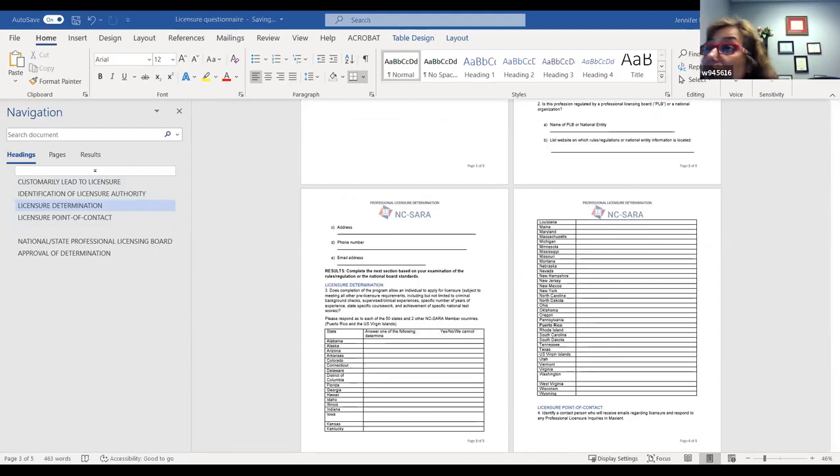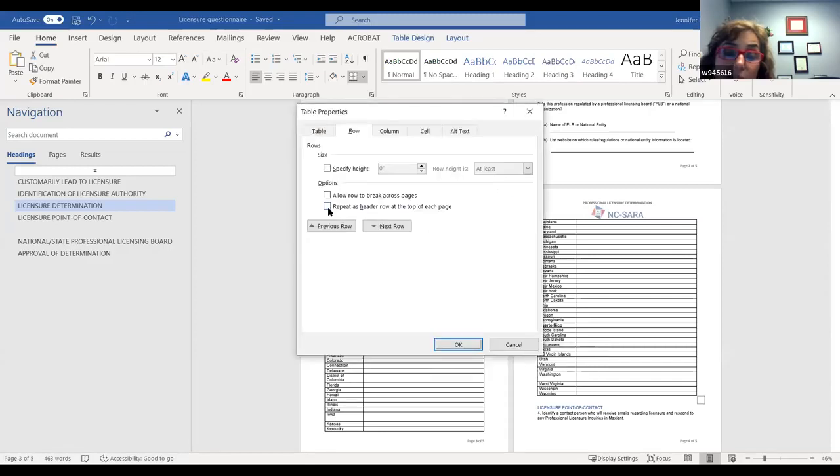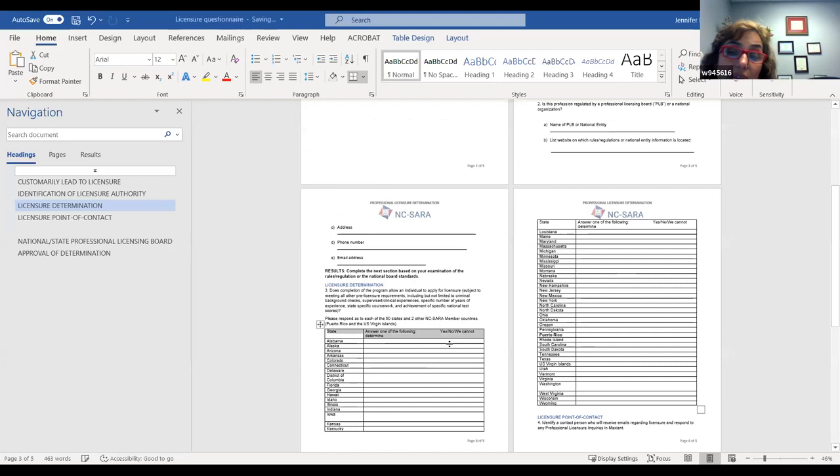There's also another important thing you want to do. Right here in the same table, you want to right click on Table Properties again, and you want to repeat as header row at the top of each page. So if this list goes on and on, like in this actual table, see? Now it's popped in here. So it's not just lying there kind of